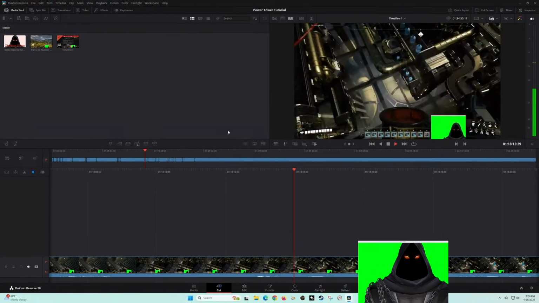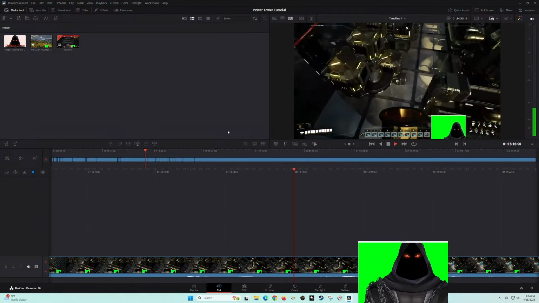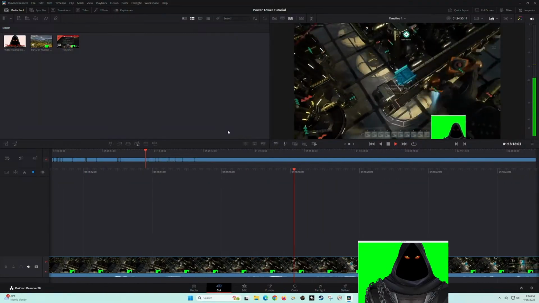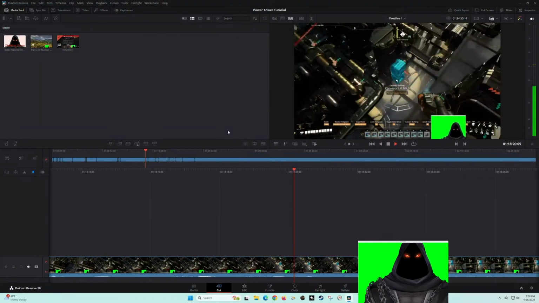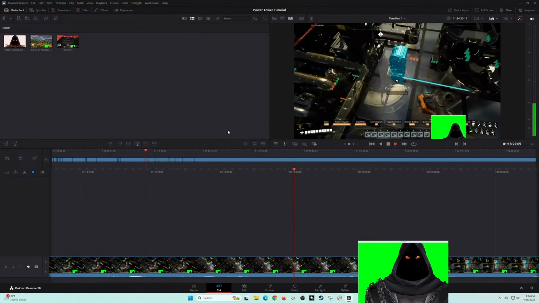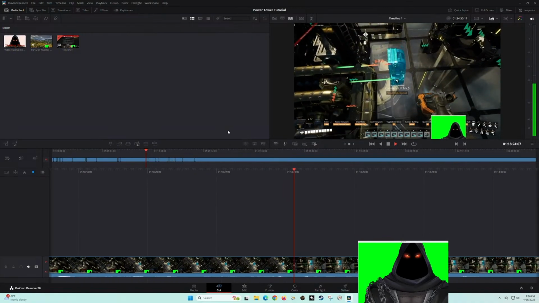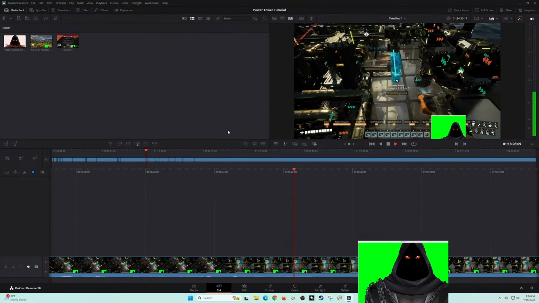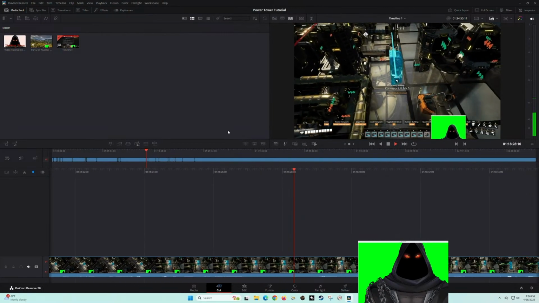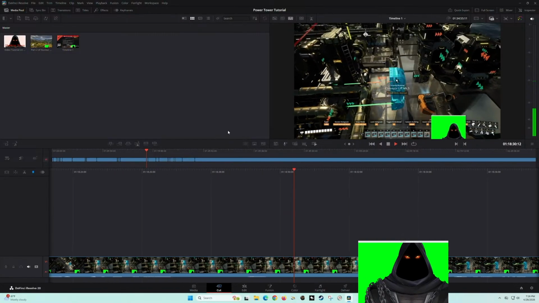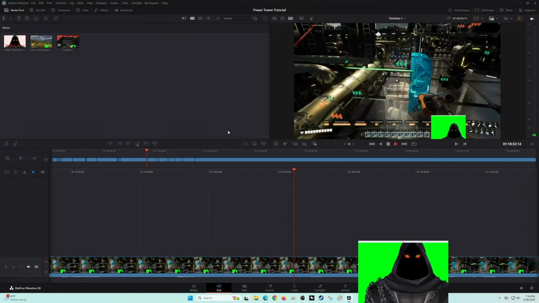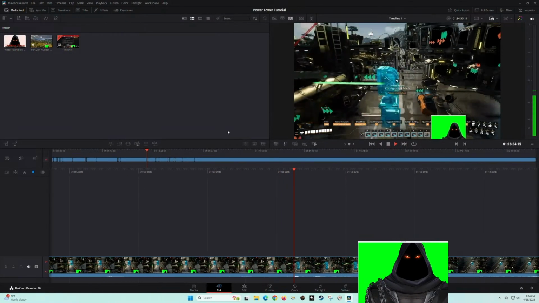Okay, and now we're going to do the same for the output port for the packaged water.